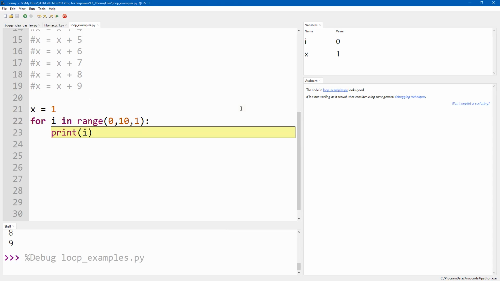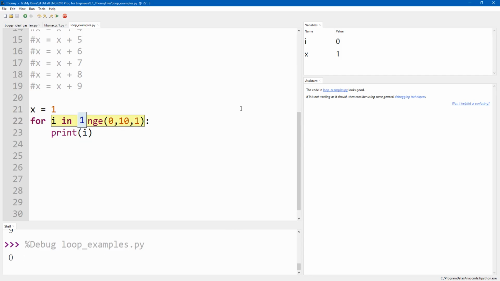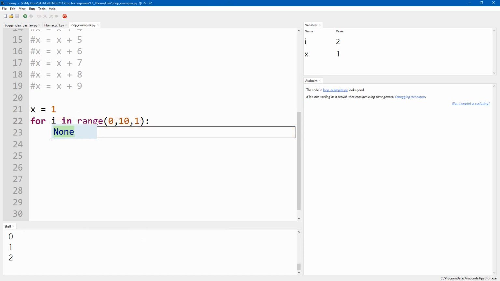Okay, it goes down, it goes into the for loop. It says, okay, the first thing in the for loop is print i. Well, i is 0, so I'm going to print that. Great, done. When it finishes everything that's in the for loop, it pops right back up to the top, and it moves i to the next value. So I said I started at 0. That last number there, that 1, that's how much i will change by each time I go through the loop. So I start at 0. I'm now advancing by 1. So now i is at 1. Go into the loop. I do whatever's there. Print 1. Great. Back up to the top. I'm at 2. And I just keep on going like that.